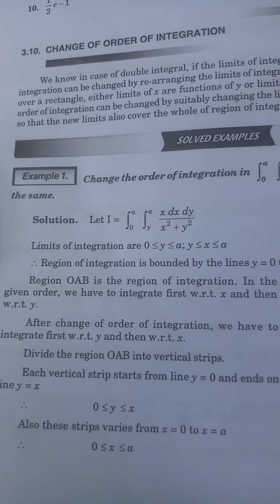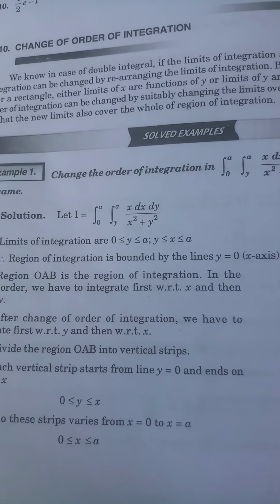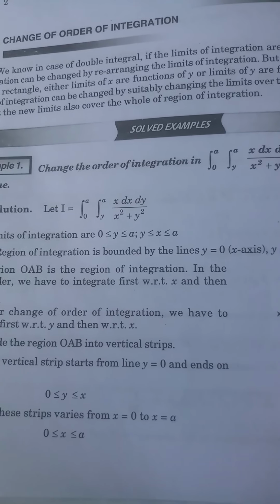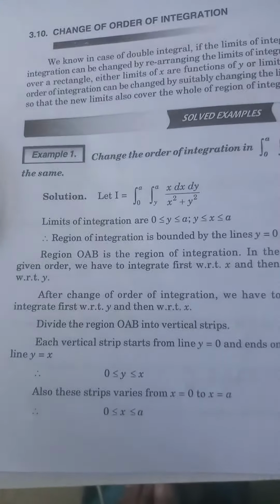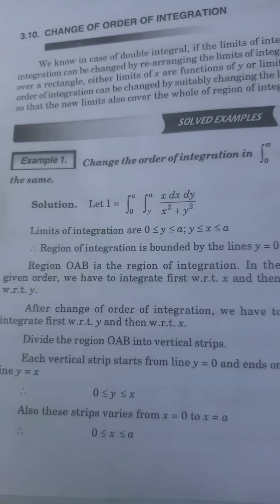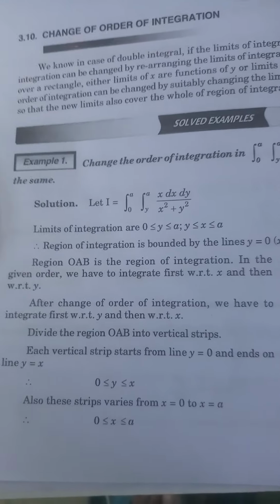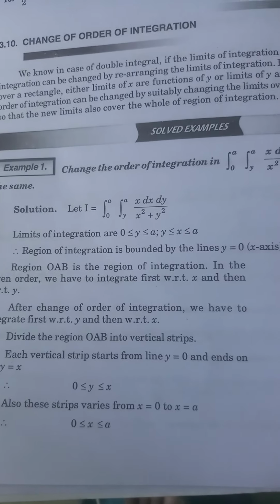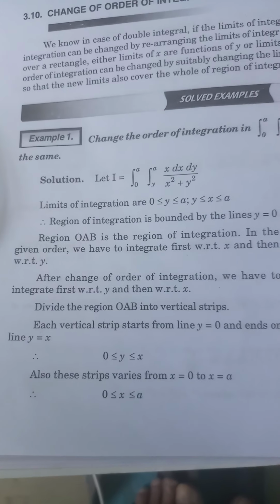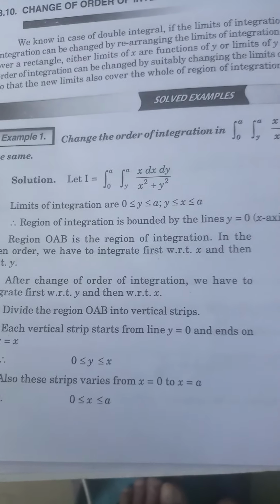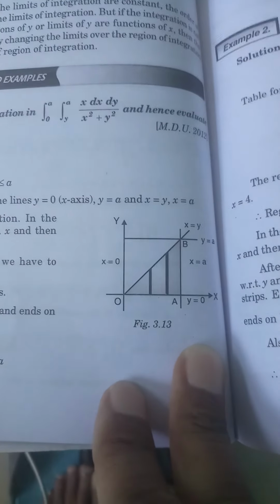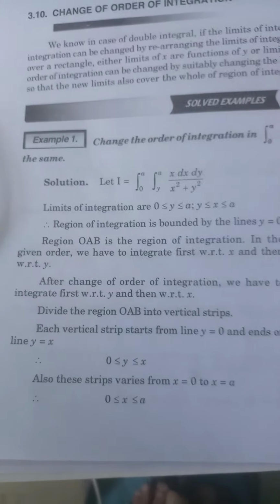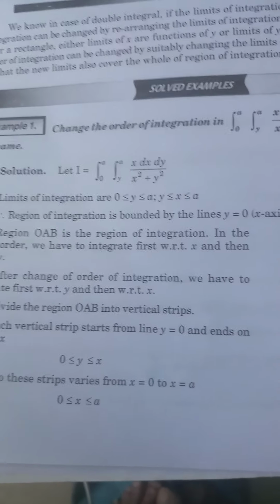In the given order, we have to integrate first with respect to x and then with respect to y. Again, for the change of order of integration, we have to integrate first with respect to y and then with respect to x. So divide region OAB into vertical strips. Earlier it was horizontal, now we have made it vertical. So each vertical strip starts from y = 0,